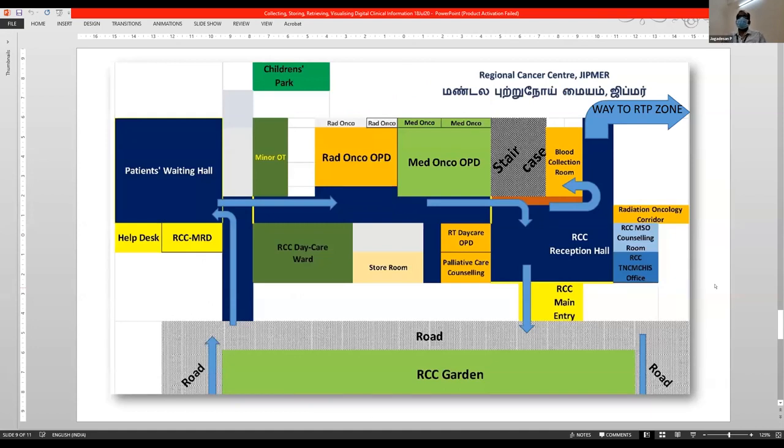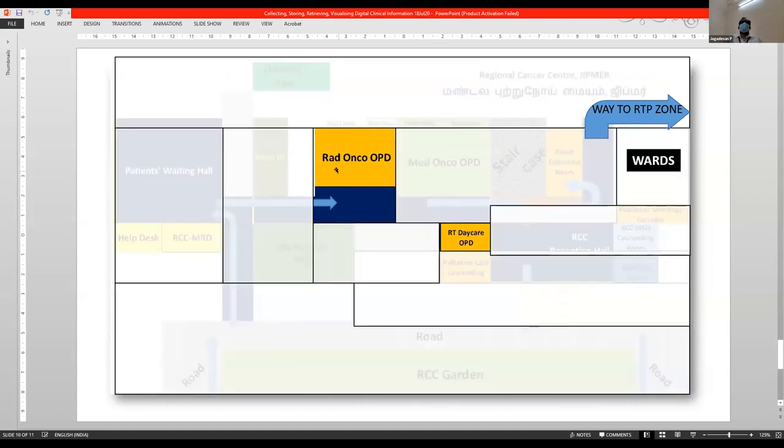If you want to focus, this comprises, on the left side, a waiting hall, and there is a long corridor. On the left side we have the medonc and radonc OPDs, and then we have a daycare ward that caters to the outdoor patients. We will restrict ourselves to radiation oncology workplaces. So we majorly have an OPD area, and there is a general OPD, and new case and follow-up clinics happen over here. And we have a daycare OPD setup.